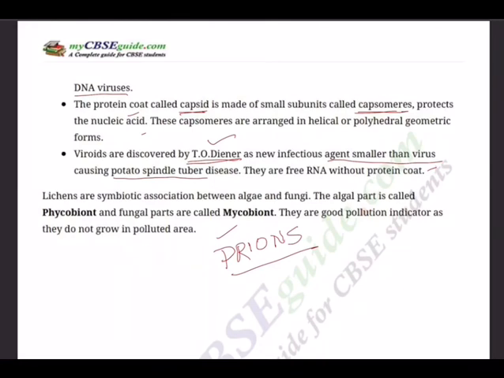And finally, lichens, a symbiotic association between algae and fungi. The algal part is called phycobiont and the fungal part is called mycobiont. They are good pollution indicators as they do not grow in polluted areas. So with this we have completed